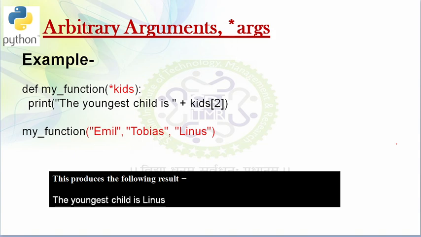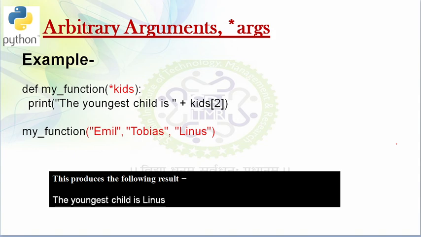Now, as we have seen previously, the number of arguments has to be exactly what we have clearly defined in the function definition. But suppose I have defined two variables in my function, and now suppose I don't want to define whether I have to pass two arguments or one argument. In that situation, you can make use of arbitrary arguments.